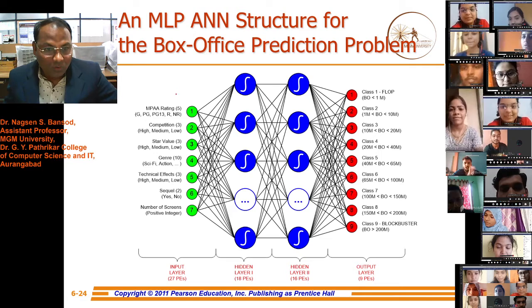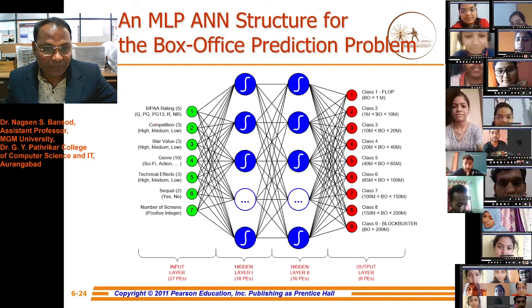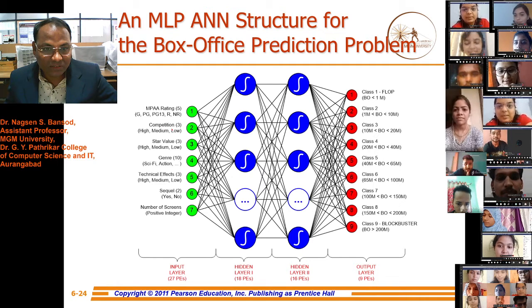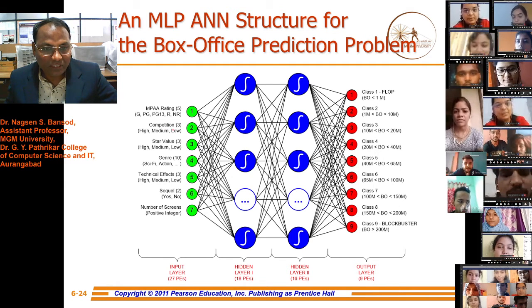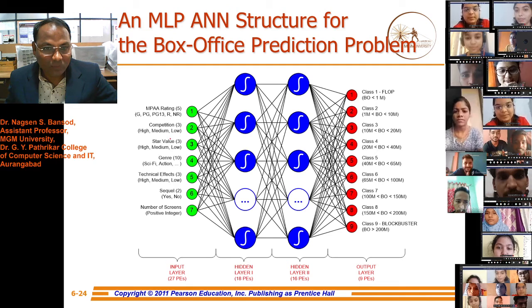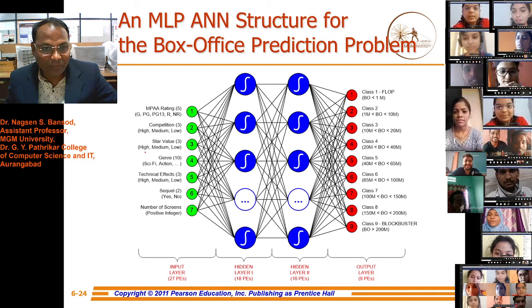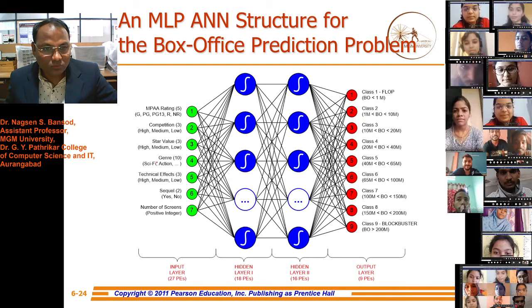So we have to select the features of the movie. First, competition. We will select three values from competition: high, medium, low. Star values we will select as an input, like high, medium, low.